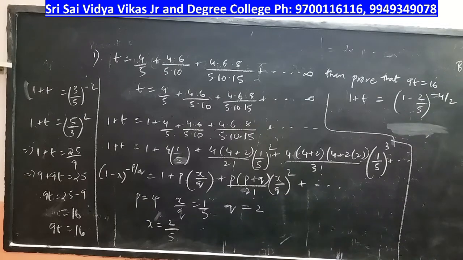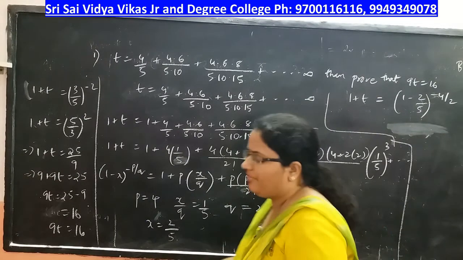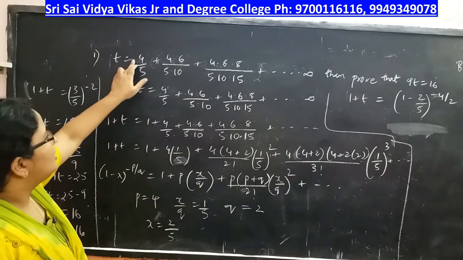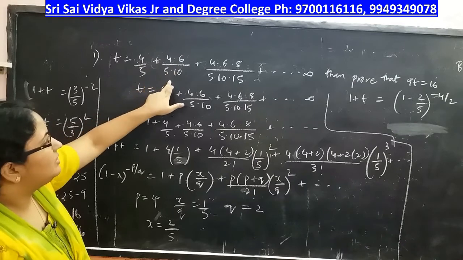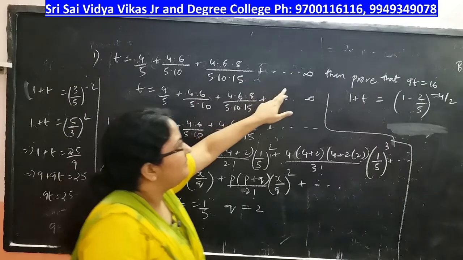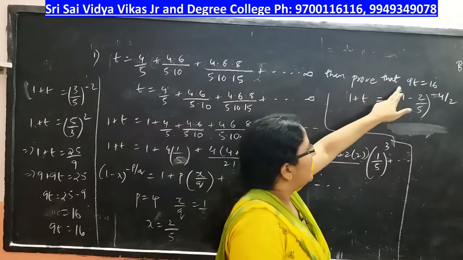This is the first problem in binomial theorem, which is of infinite series. You are given t is equal to 4 by 5 plus 4 into 6 by 5 into 10 plus 4 into 6 into 8 by 5 into 10 into 15 plus so on till infinity. You have to prove that 9t is equal to